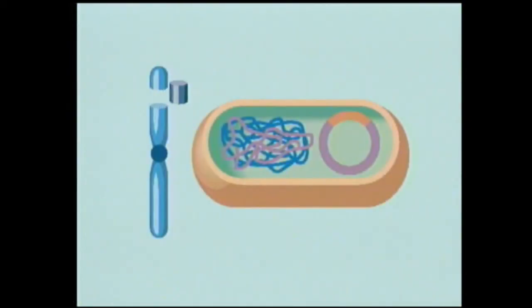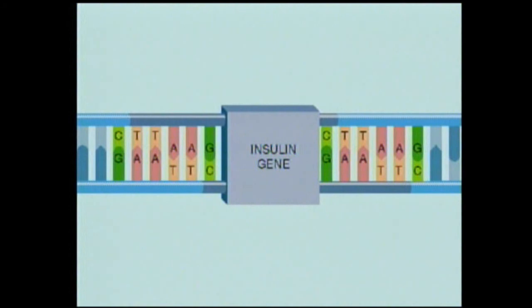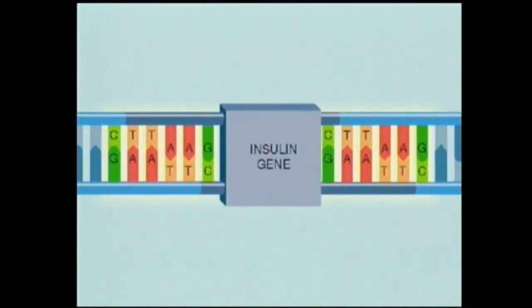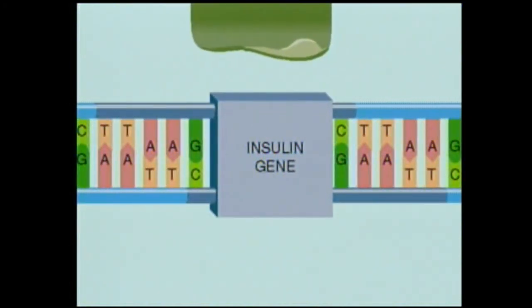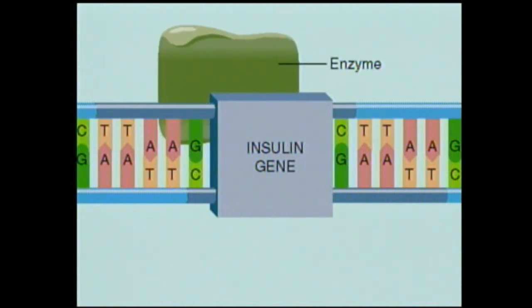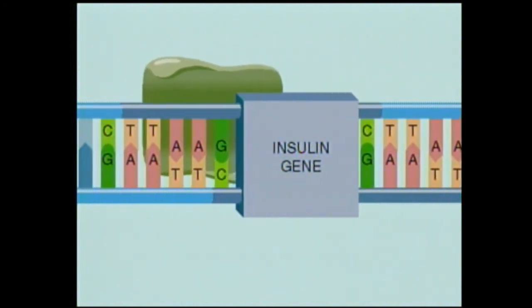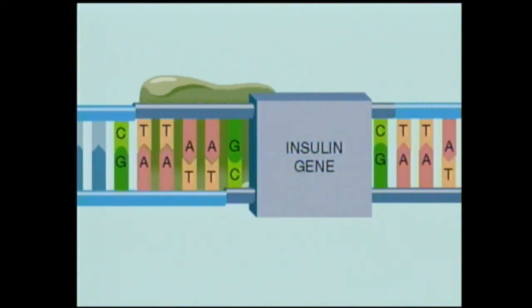Human insulin can be produced by transferring the insulin gene from human DNA to bacterial DNA. The human gene for insulin is bordered on each side by a specific sequence of bases, G, A, A, T, T, C. A special enzyme added by a scientist recognizes this sequence and cuts the DNA on either side of